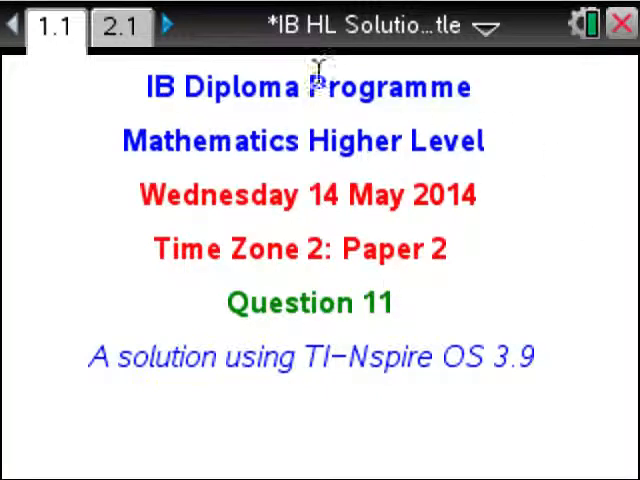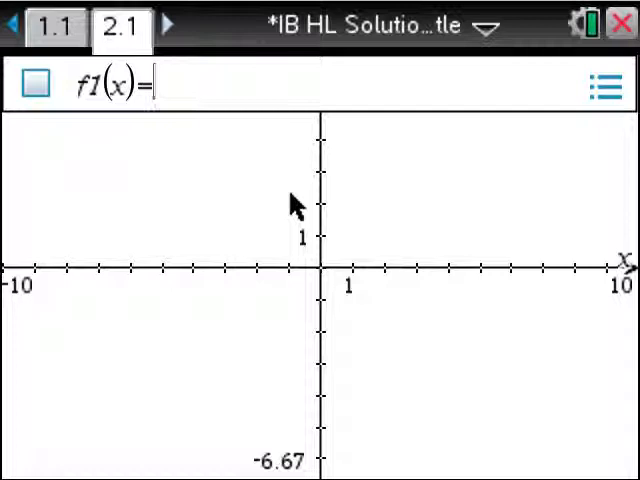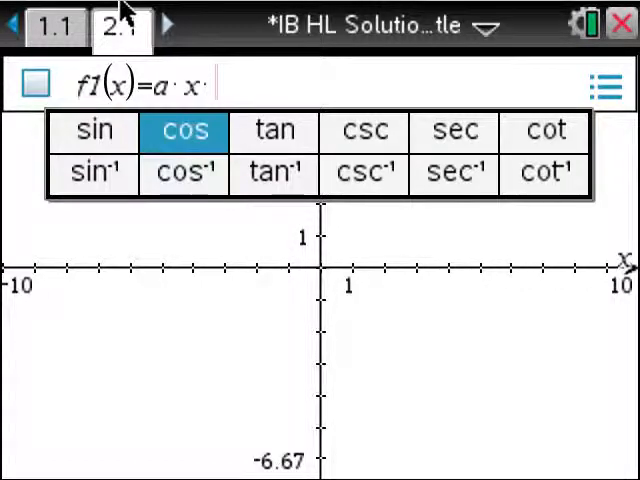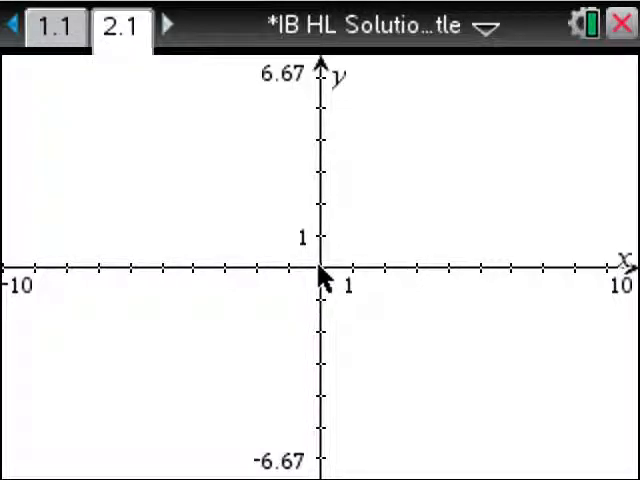High level paper 2, question 11. Let's go to a graph page and we're going to type in a multiplied by x multiplied by cos of x. So we'll press trig twice to get the cos function and then x and then press enter. Now obviously nothing's turned up there because a hasn't yet been defined, but if we go to a calculator page,